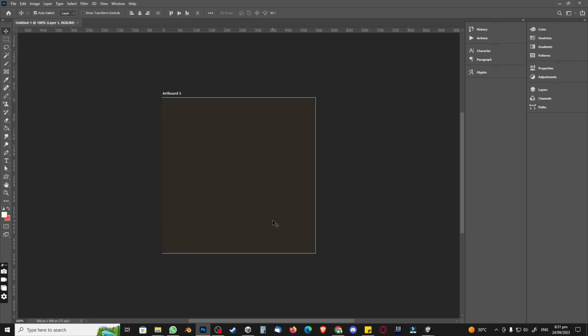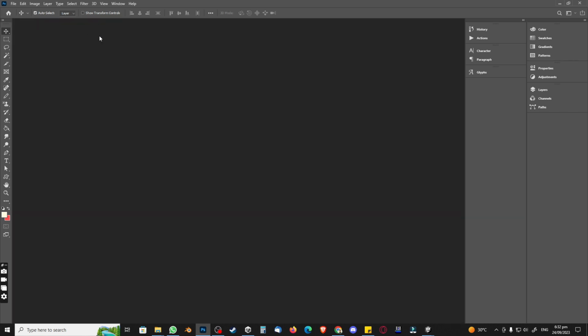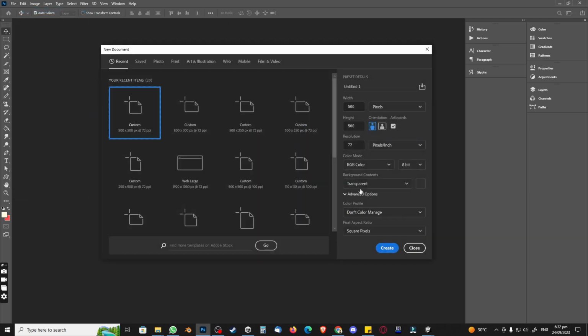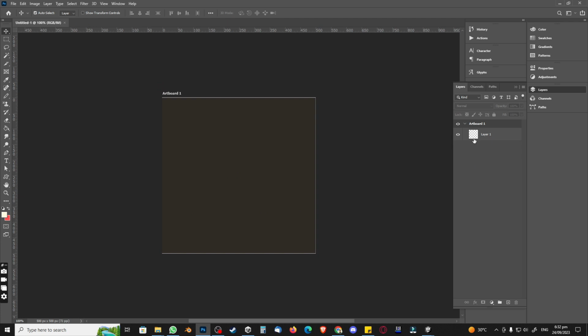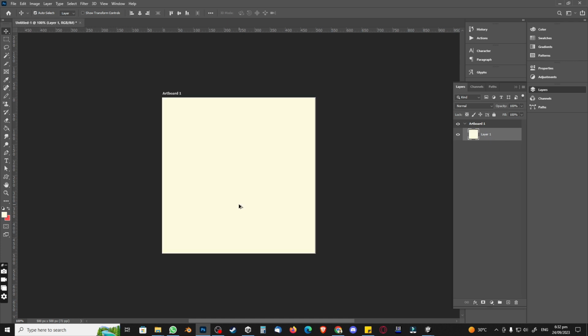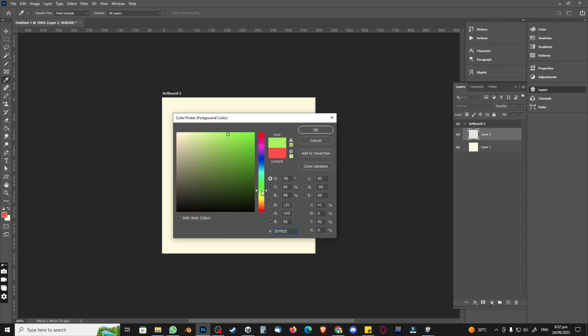I'm just going to wait for it to... wait, I need to do it again because I think a transparent 500 by 500, that's fine. I'm going to go to layers. We are here, artboard. Okay, so I think we need to put white color here. I've just put white color here, and the second one, you can come up with any color you want. You can get your color palette. So for me,